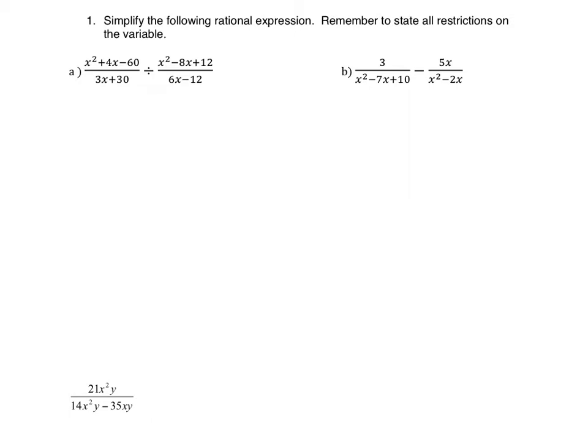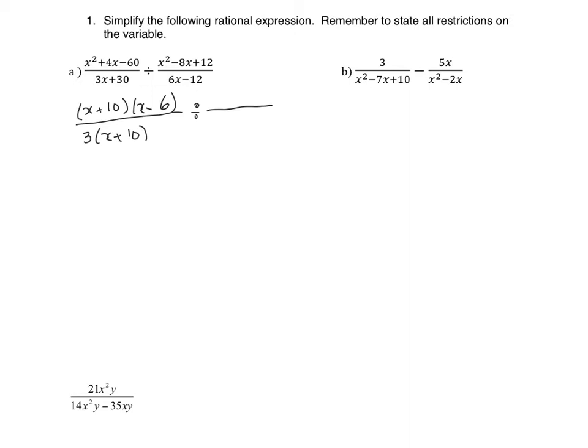The first rational function, the numerator has the leading coefficient 1, so I can use the sum and product method. Two numbers that multiply to negative 60 and add up to plus 4 are 10 and negative 6. So this becomes x plus 10 times x minus 6, divided by, now taking the 3, the common factor, out, I get 3 times x plus 10, divided by,